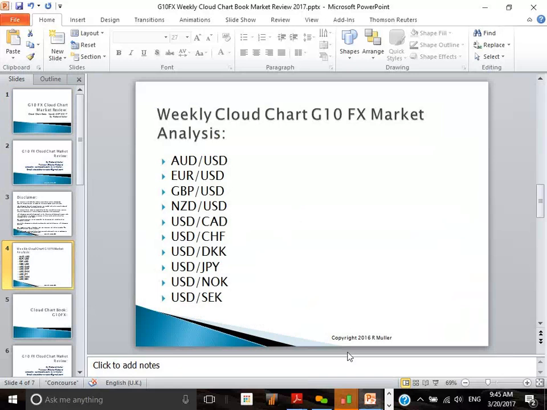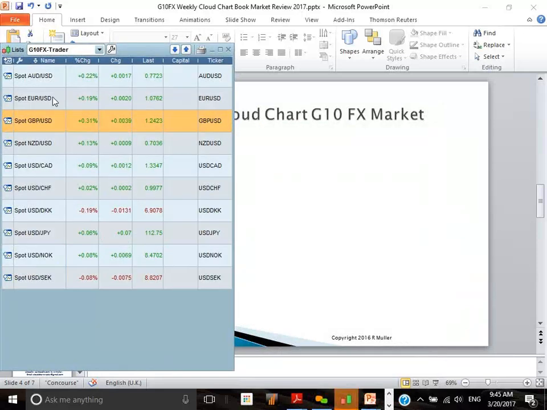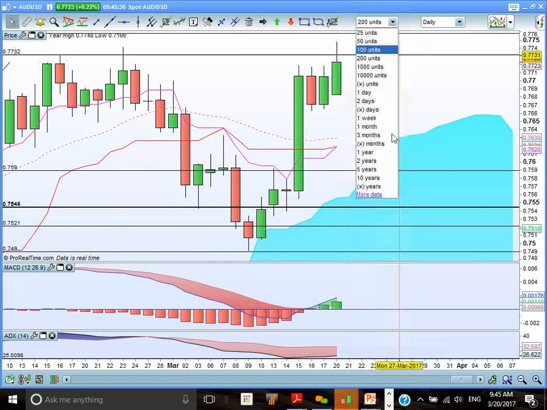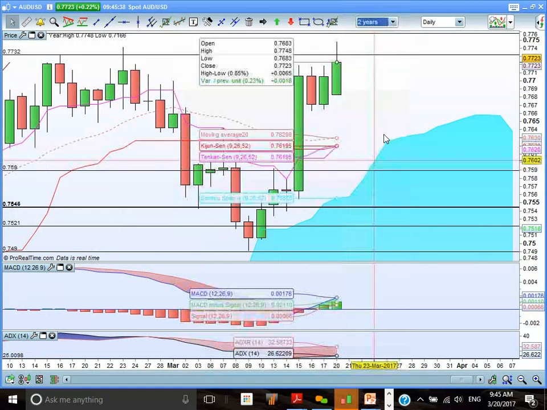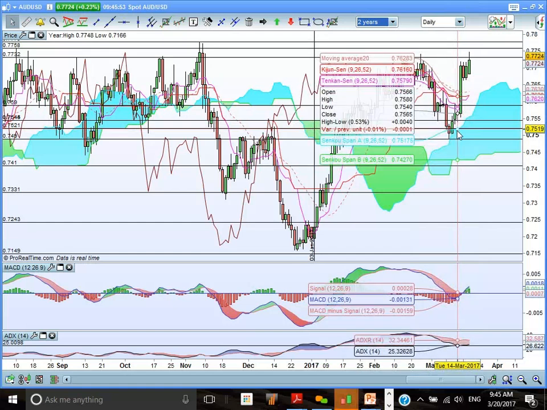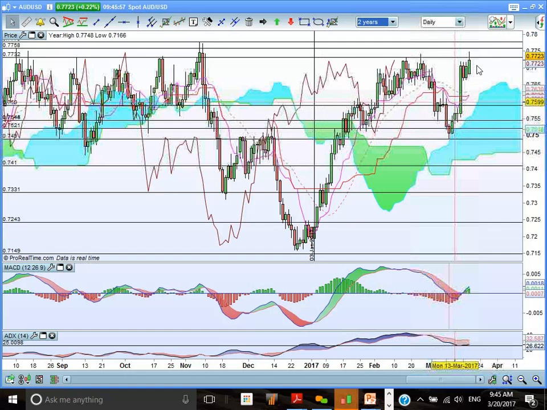Right, jumping right into the ProRealTime platform, starting off with the Australian US dollar. We can see, let me just load a better chart here, slightly more data. We now had a successful rebound from the top end of the cloud support zone. These levels here at the top end of the cloud at 74.69 and 75.19 turned out to be quite nice rebound support levels. We're now testing old highs here, the old highs of November last year, coming into play here